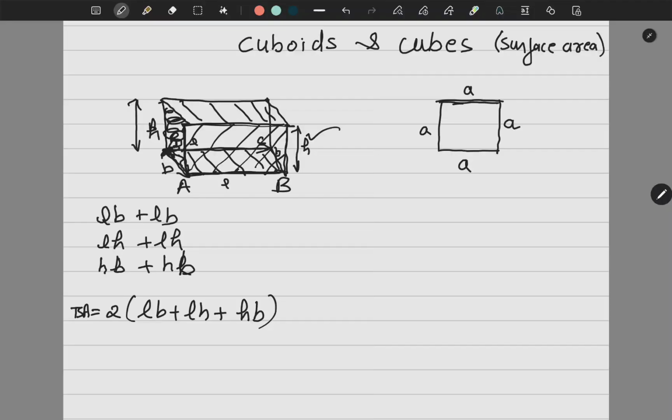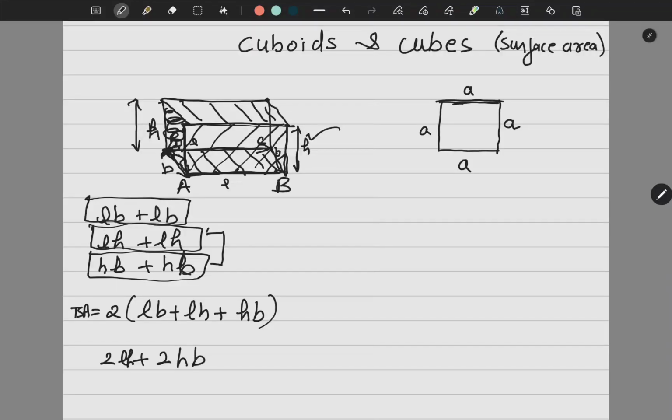So now observe, I told you about the base and top. So this will go. So now I will have the side walls, and the side walls I considered, and the front and back wall I considered. So the formula will become, if I add these two, what I'll get? 2LH plus 2HB, right? So 2H will come out and L plus B will become the answer.